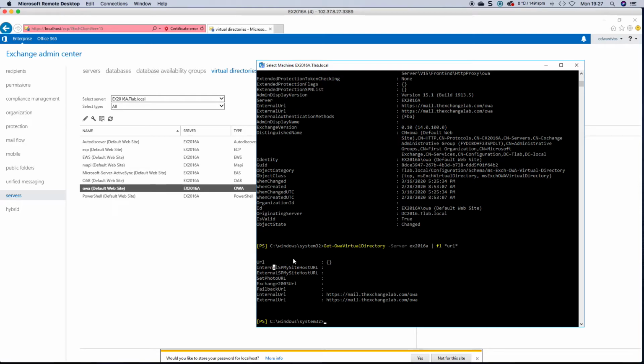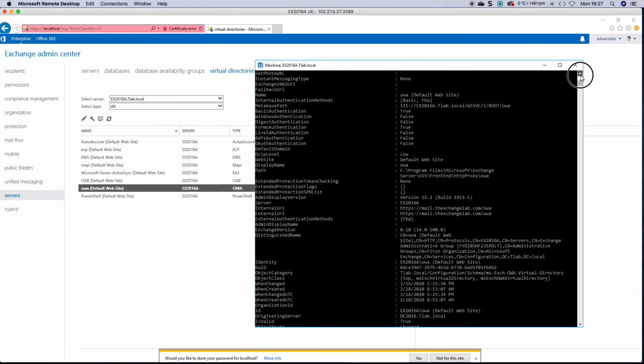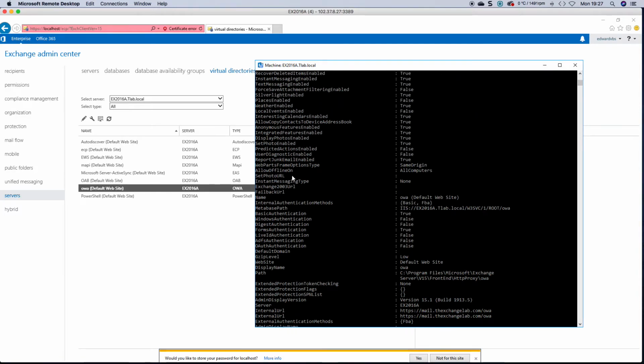So PowerShell pretty much can do the same thing. You can go Set-OabVirtualDirectory. You need the full name of this identity. It'll be EX2016A and then default website. And then you go and specify your authentication methods, and if there's anything else you want to specify, we can have a look here. If you want to use,